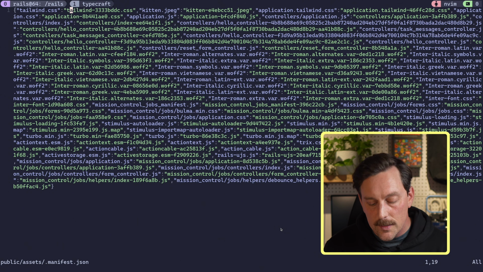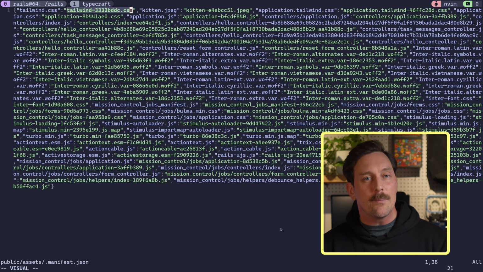So that's why we can do things like with image tag refer to our original file name and actually have it pointing to the newly hashed stamped file name that we have right here, which is pretty amazing. You can also do the same thing in CSS by referencing these file names without having the hashes in them, because under the hood, PropShaft compiles the CSS files to replace those names in line. So there is some light CSS compilation that happens to resolve these digested file names for CSS.